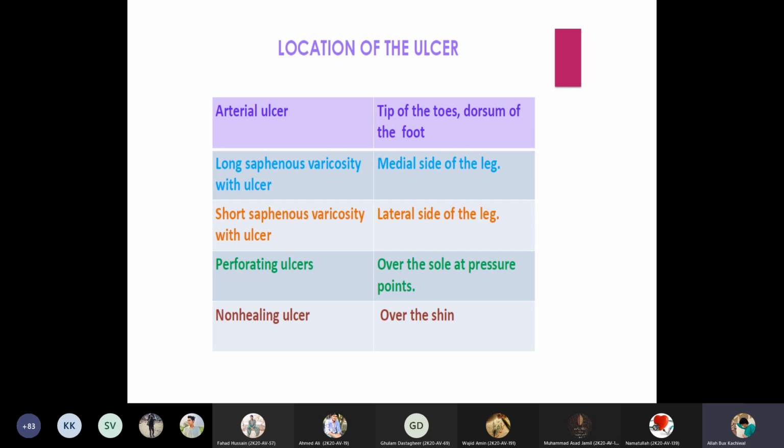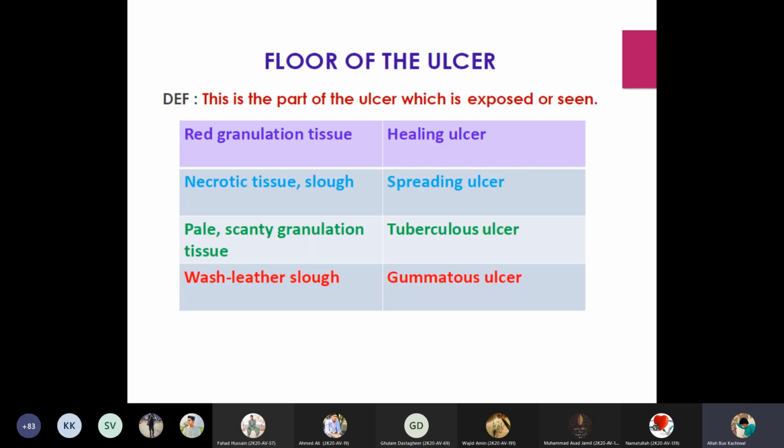So medial side of the leg, lateral side of the leg, over the sole at pressure points or over the shin. The floor of the ulcer is the part of the ulcer which is exposed or seen. Red granulation tissue, necrotic tissue, slough, pale scanty granulation tissue, wash leather slough, healing ulcers, spreading ulcer, tuberculous ulcer, and